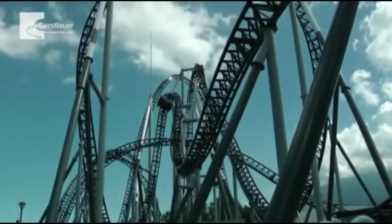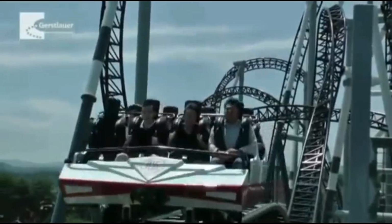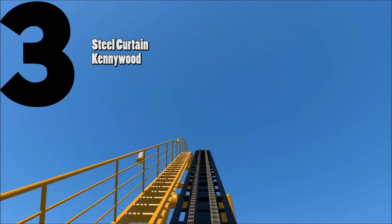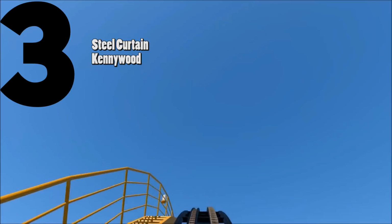Hopefully you haven't had too much tea to drink, because we're about to start the top 3 coasters of 2019, with the most difficult 2 to arrange ever. So coming in at number 3 for the 3rd best new coaster for 2019, in my opinion, is Steel Curtain